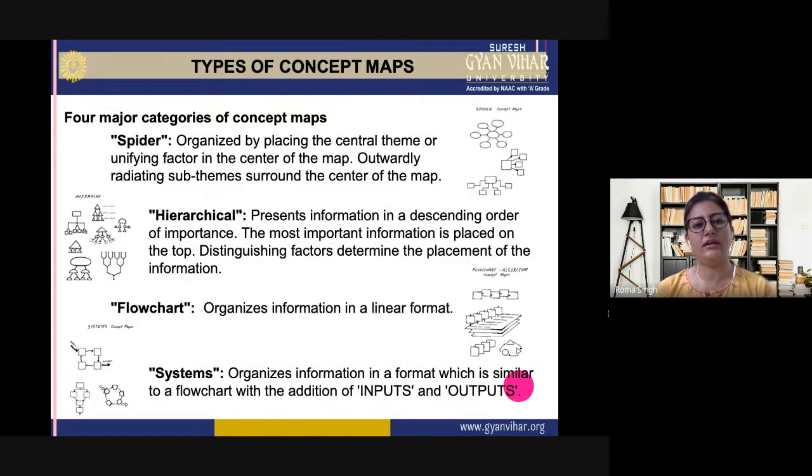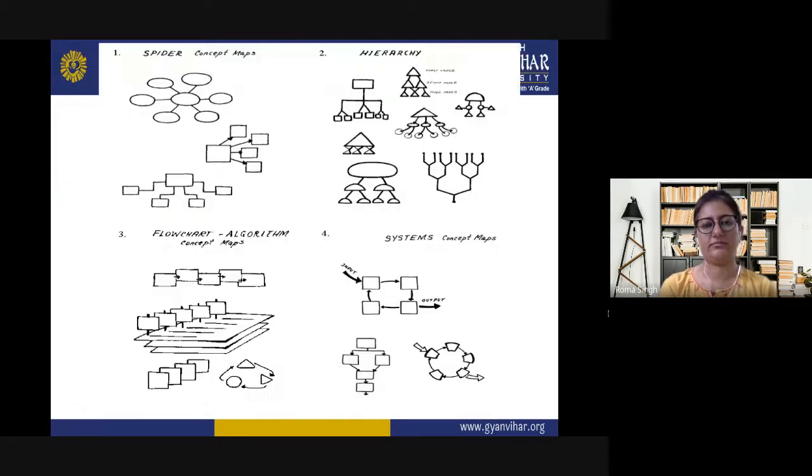So we can see clearly here that concept mapping can be done in various kinds of ways, and these are the ways which we have to understand. For your understanding, you can again see that in 4 formats, you can ask your students to prepare flowcharts or hierarchy or spider concept maps or systems concept maps. For this, our teachers also need to be aware of all these kinds of techniques or types.